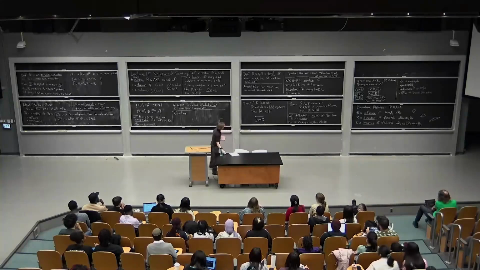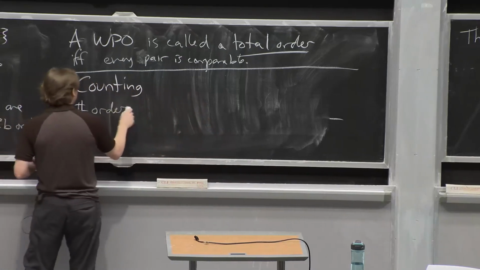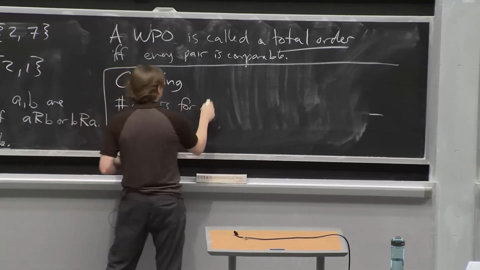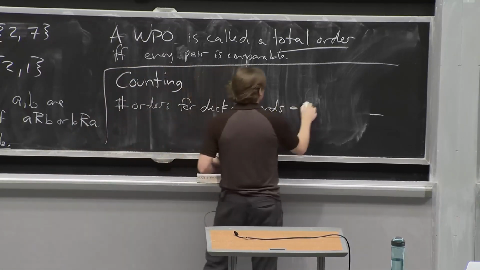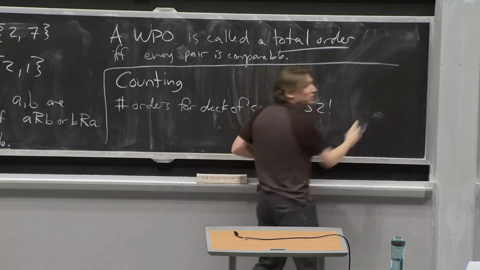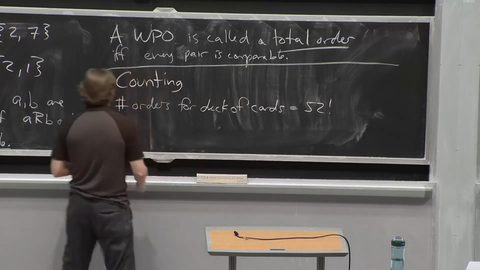52 factorial, absolutely. So the number of orders for a deck of cards is 52 factorial. And we'll see why later in this course, or later in this lecture, in fact. How many